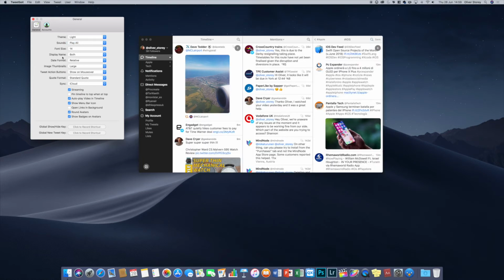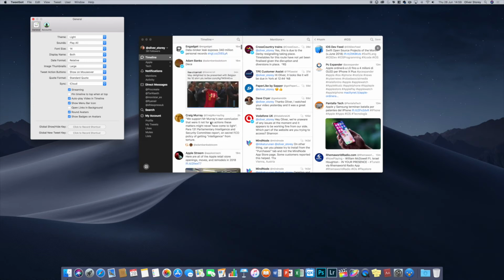You can adjust things like sounds, font size. You can choose whether you want the username or the full name or both for the display name. You can choose things like your date format, how large or small you want your image thumbnails to be, or none at all if you don't want any thumbnails. I've got my action buttons to show on mouse over, which means if I put my mouse on a tweet, you get these, meaning you have a very nice kind of timeline view here,